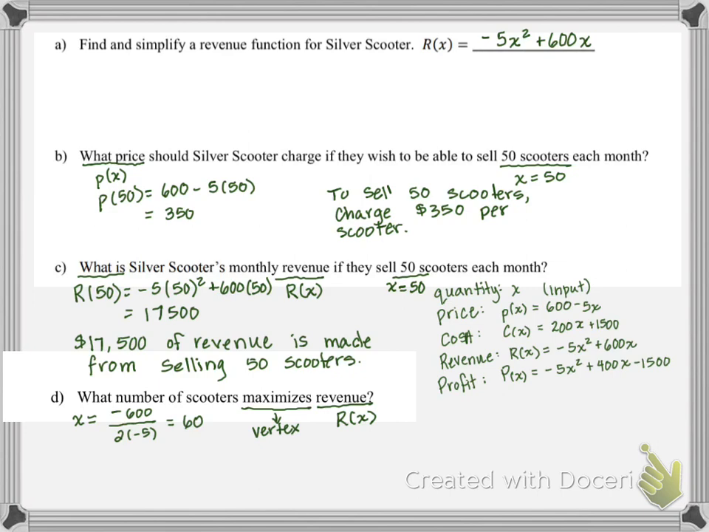But on your homework last night, there was a question like, what is the maximum height, right? And if you use the vertex formula, it doesn't give you the height. It gives you the time that that height occurs. And you have to plug it back in. So be sure that you have that x equals or t equals or whatever it is, so that you can be aware of what you're actually finding with respect to what the answer is. So 60 scooters